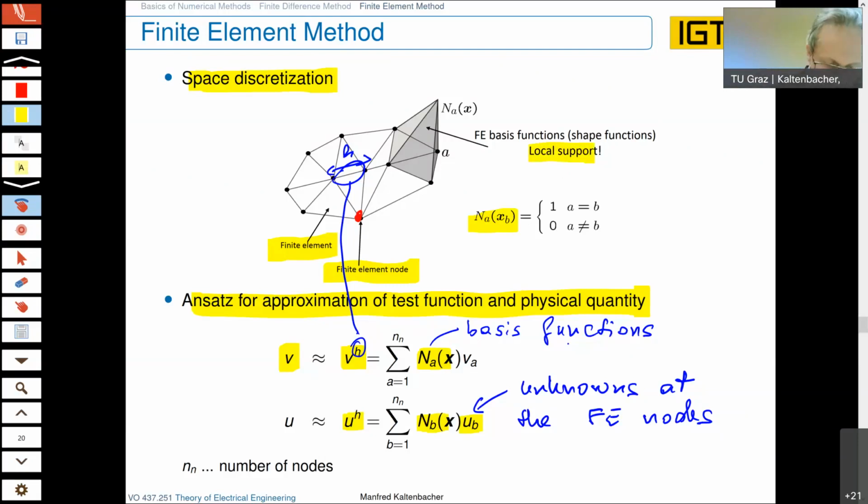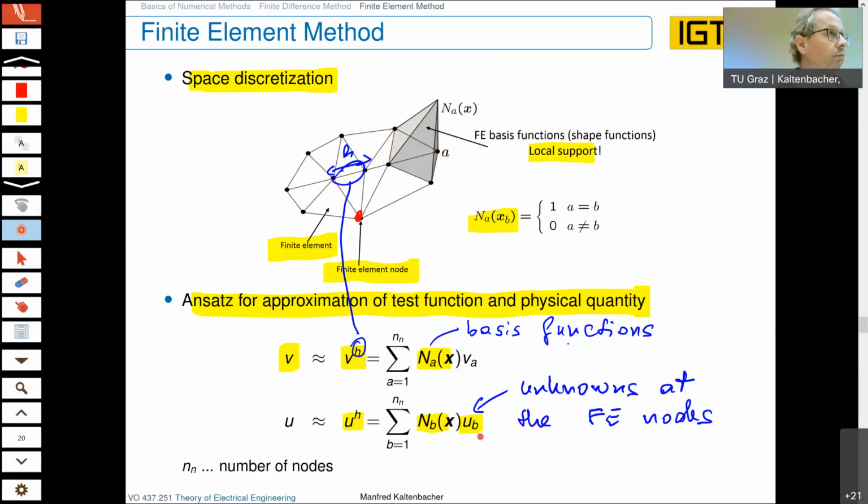As you can see here, this is N_A, this is the node A, so it is equal to 1. And then it's clear if you evaluate this sum, since it is 0 at all the neighboring nodes, not only these nodes, also all the other nodes in the computational domain, what you get out for the approximation is then